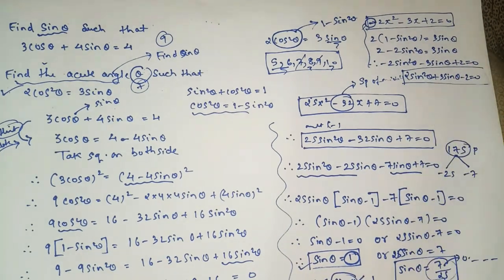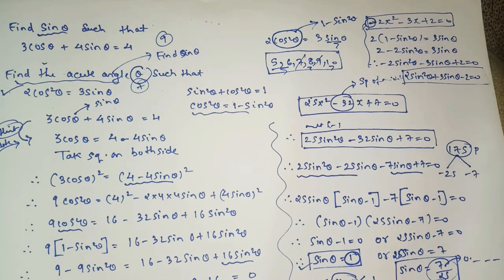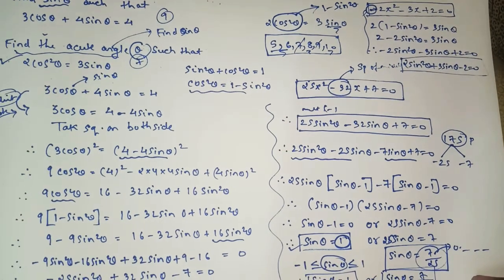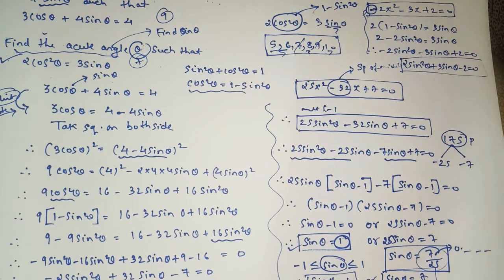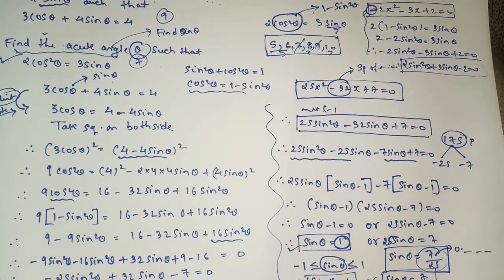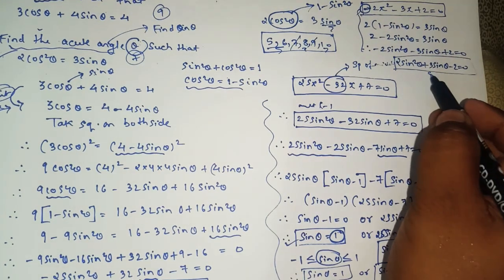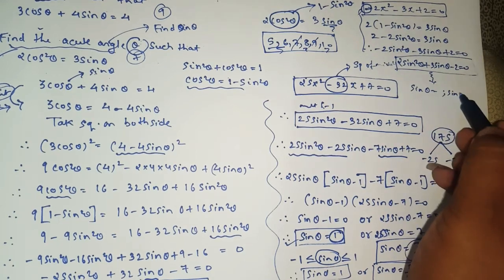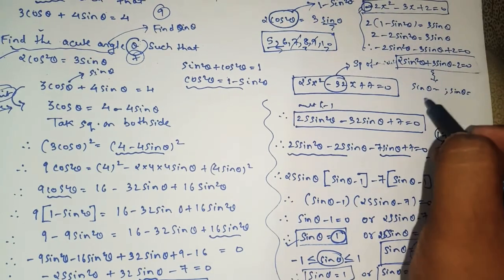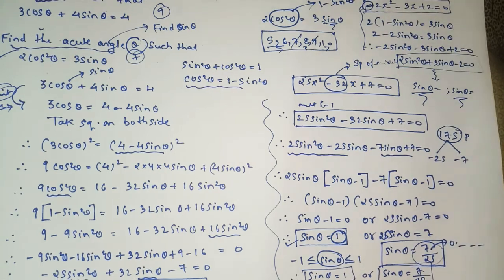Okay, so here also we got a quadratic equation, and the rest I hope you all can try by yourself. As we know, whenever we have a quadratic equation, we can solve the sum further by using the factorization method. And what is the factorization method? That is splitting of the middle term. The remaining part you all can try by yourself, and when you solve, of course you will get two answers of sine theta, yes or no? So now you have to guess whether we have to consider both the values or only one value.